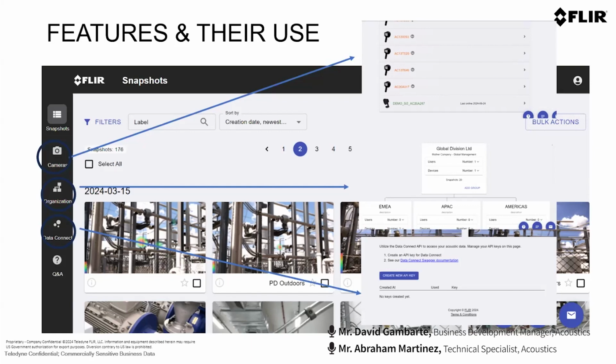So you can have access to this API. However, there is limited support in terms of the development of your own system.